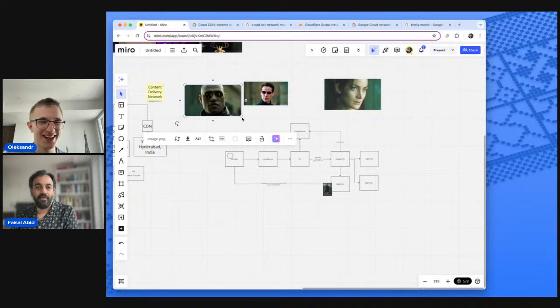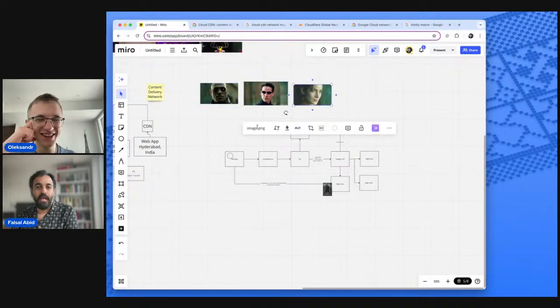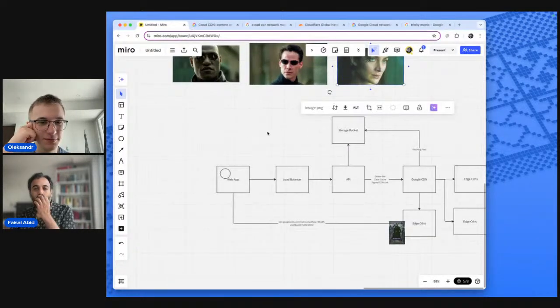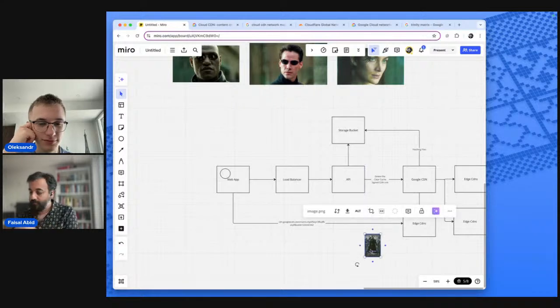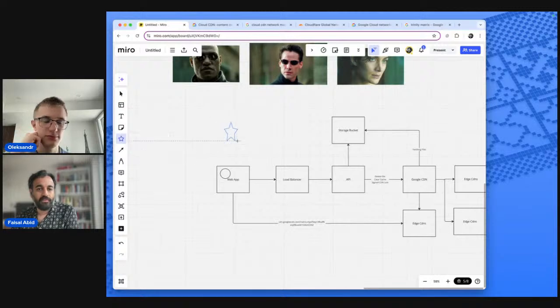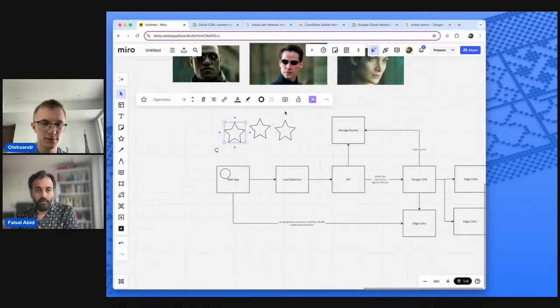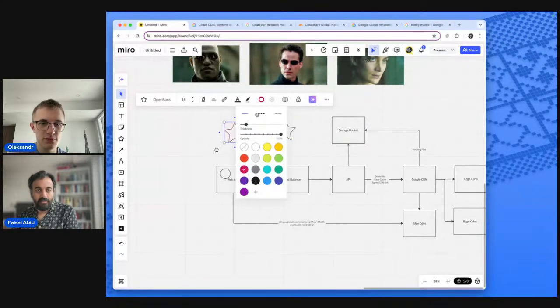All right, so we have three users on our system, and these three users are watching a whole bunch of movies. I'm going to represent movies with just stars for now. There's three movies here.